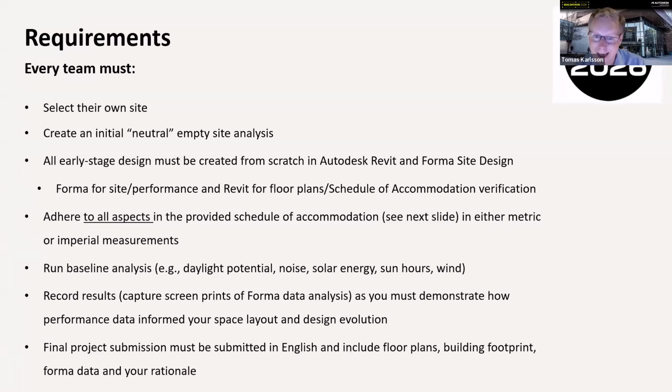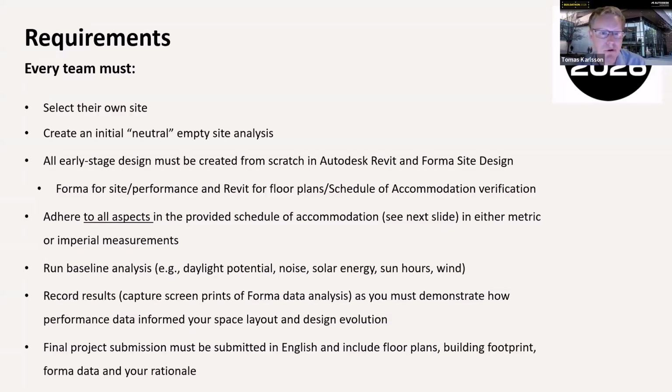We want you to run analysis, as I said, using Autodesk Forma site design. Make sure you capture your analysis data, because the competition is about how you arrive at the end result just as much as the end result itself. Do this by grabbing screen prints as you work through your project. And then finally, you need to submit, of course, since this is a competition.